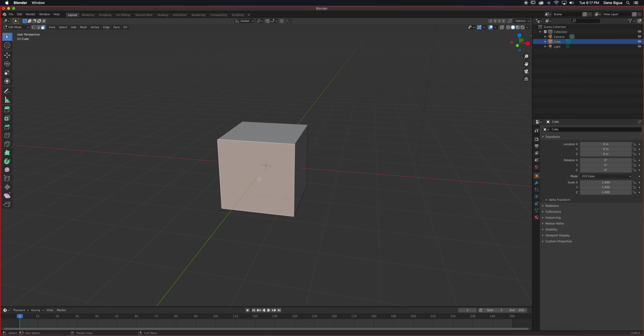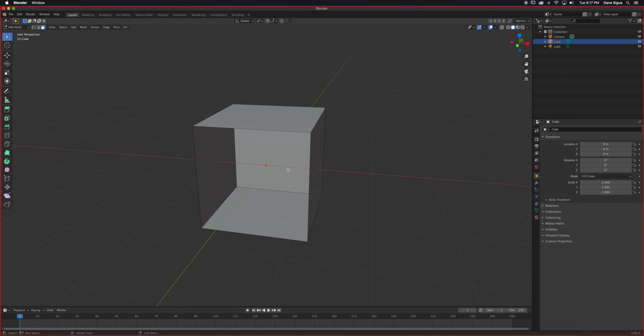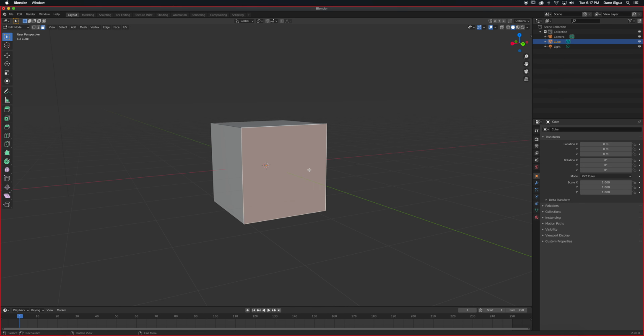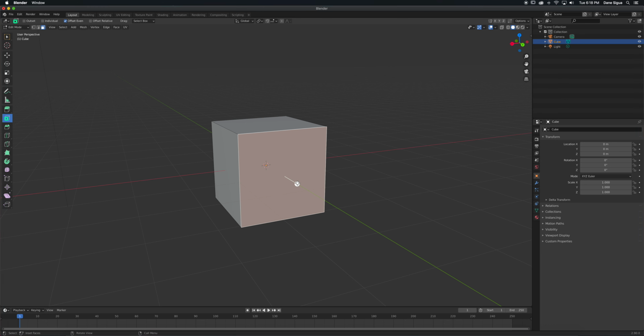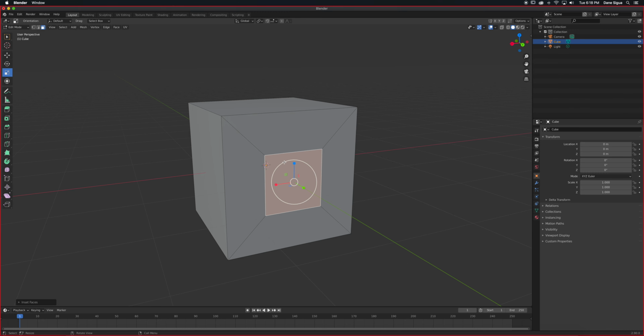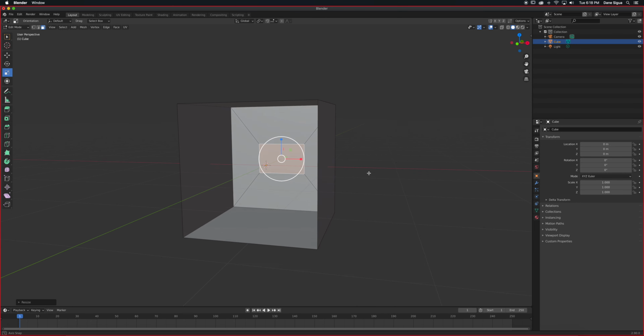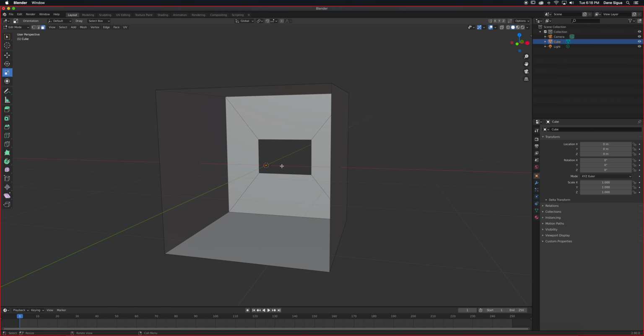So I will get rid of the front face by selecting it and deleting it in edit mode. All right, and then I will select the back right here. I'm going to press Inset Polygon, this tool right here, so I can get kind of like a window. I don't want it to be square, so I'm going to go to my scale right here, so I can make it a little bit more kind of panoramic. Okay, and then get rid of it. So press X, faces. So there you go.